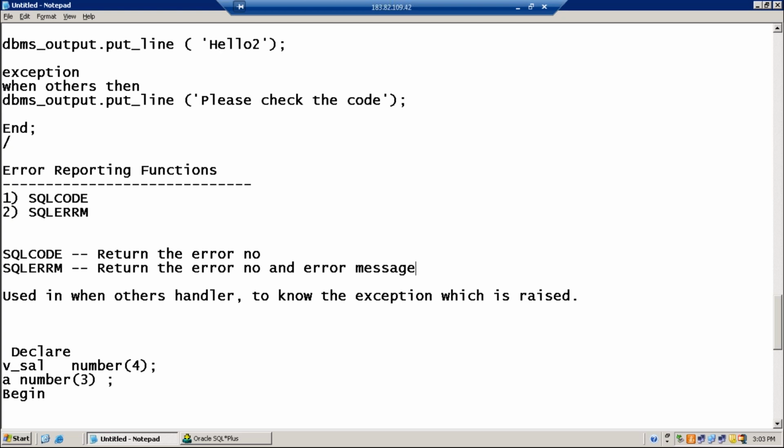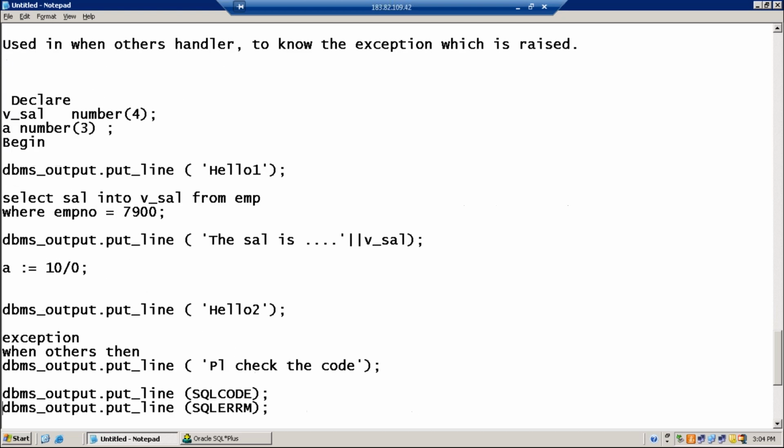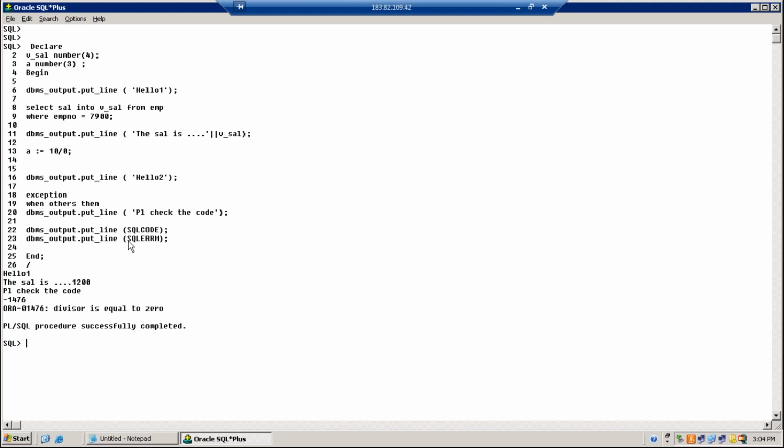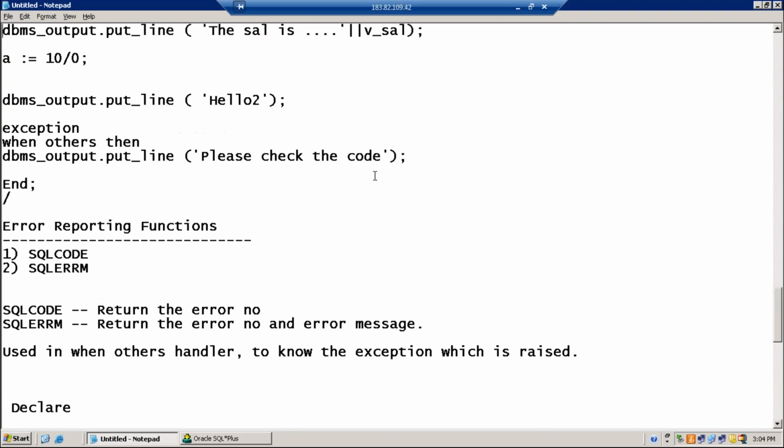Both error number and error message are returned. Clear? Yeah. Okay. I think if you use SQLERRM, that's enough. You don't need to use SQLCODE, isn't it? Because even the code is also there in the SQLERRM. One is enough.